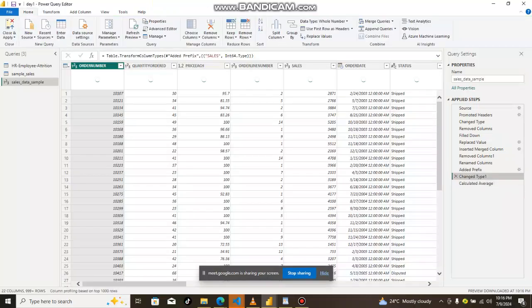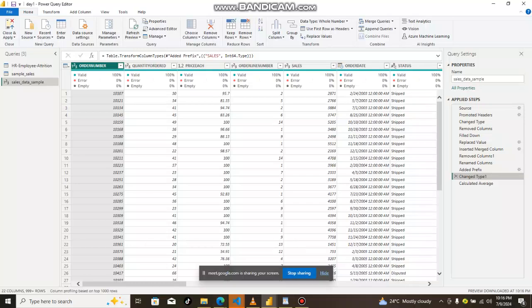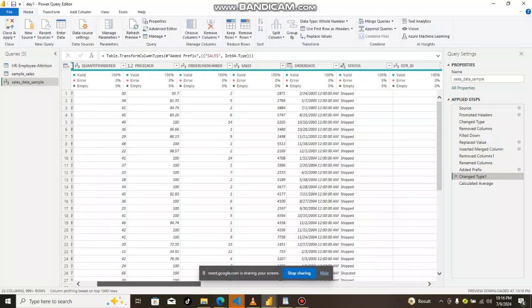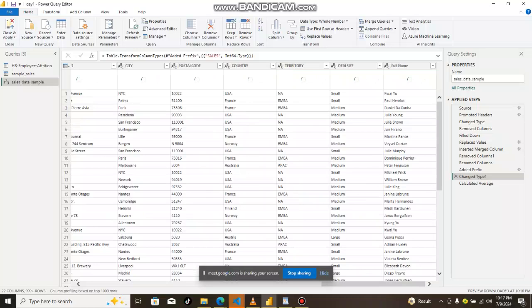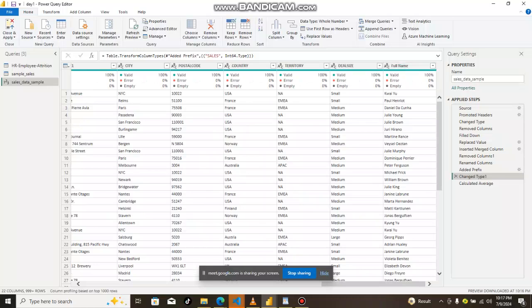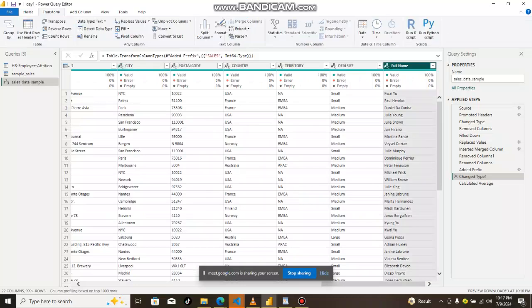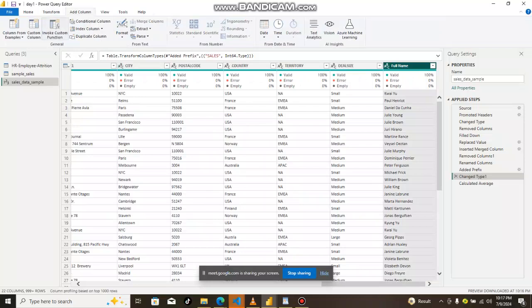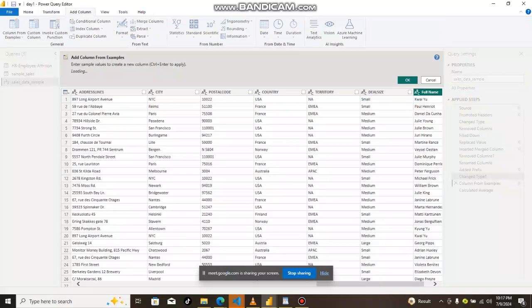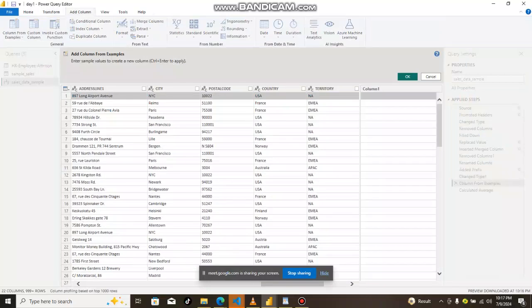All right, so this is some of the things I feel you should know. Now, column from example. Let me just do it, then I will explain. Add column from example. So, add column from the selection. Alright, so I want to add a column from the selection. Then I will just say the column I want to add from the selection is